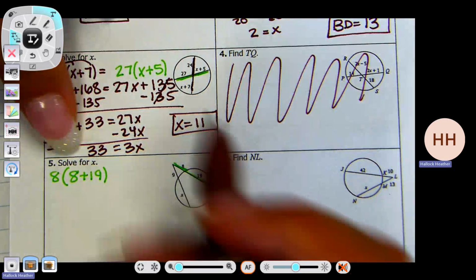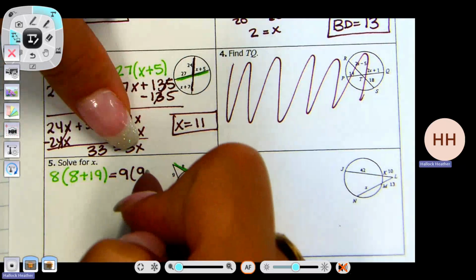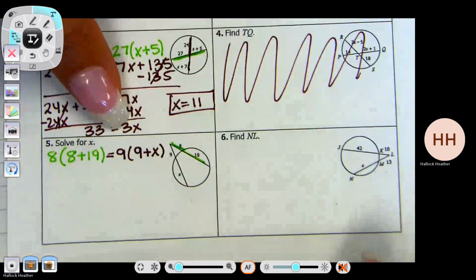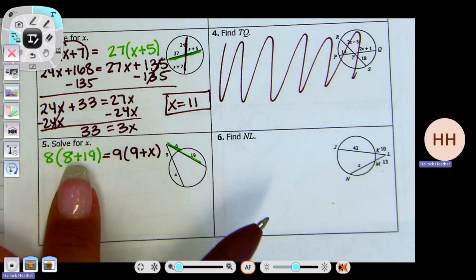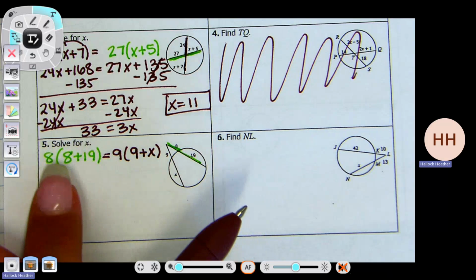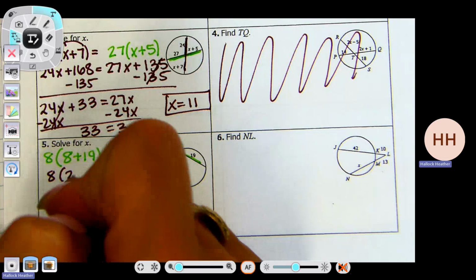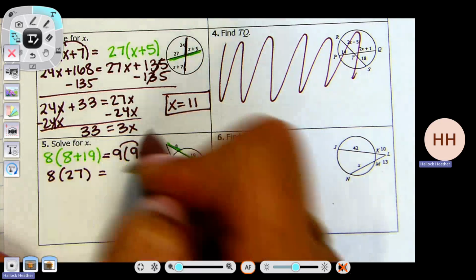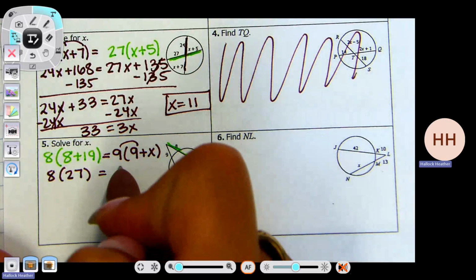So what else is on the outside? 9. And then what's going to be in my parentheses? 9 plus x. So for this one, you could do one of two things. You could distribute 8 to make 64 and 8 times 19 and get a number and then add them together. Or you could just add, because they're both numbers, and times by 8. You're going to get the same answer either way. So I'm just going to add them now. But you could distribute, then combine. I'm going to combine, then distribute. So